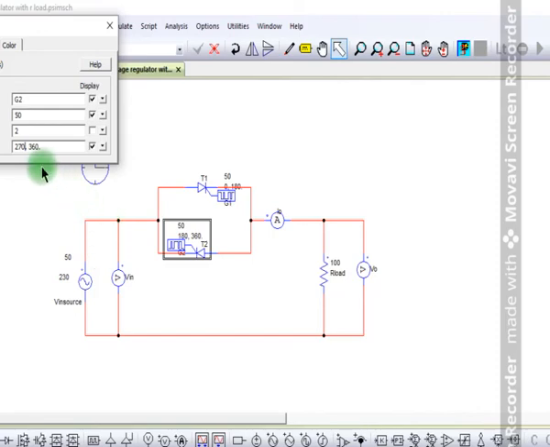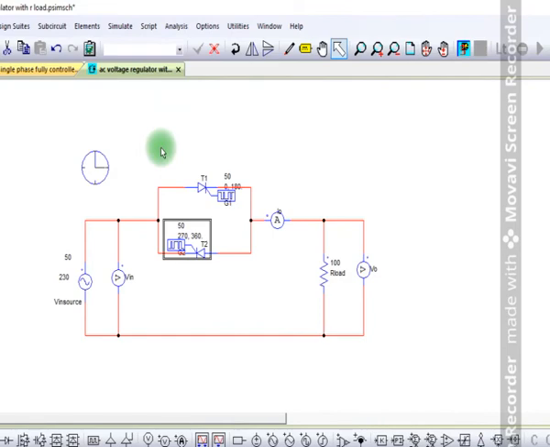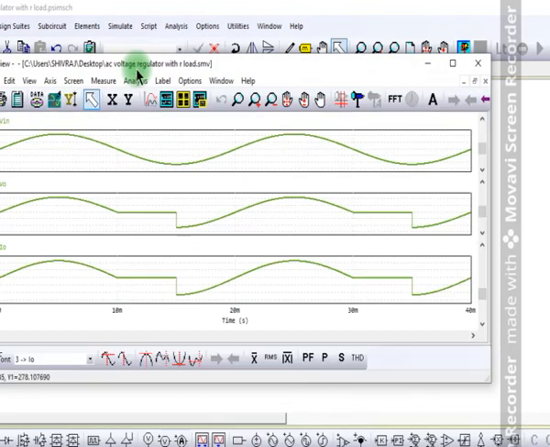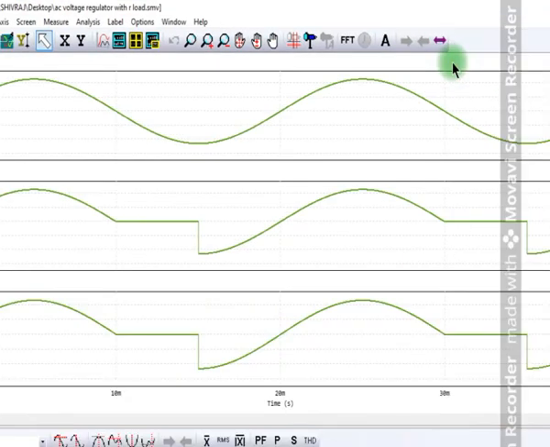So we have seen by giving the firing angle as 30 degree, so we will try to find out what will happen if the firing angle is 90 degree. Okay, so we have given the values and saved. Otherwise you can click on the save button, and then go to simulate and run the simulation. So here are the values which we got, you can see